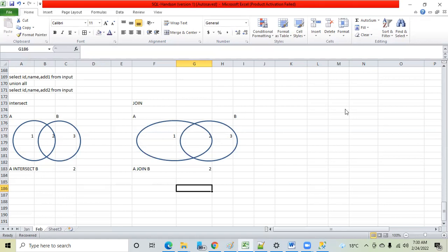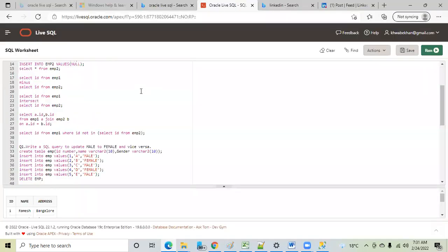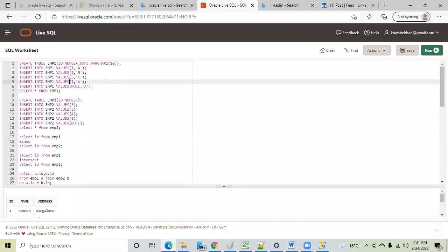Just the simple concept of join, not the complicated concepts. Most of you will have an idea. Okay, fine. So now, can I say intersect and join are both doing the same task here? Okay. Now, try to understand that this is a very important concept.